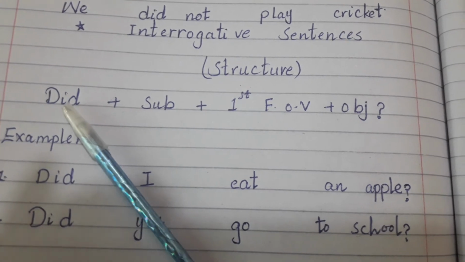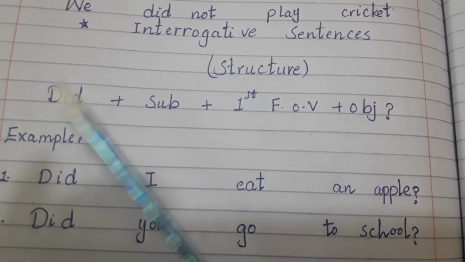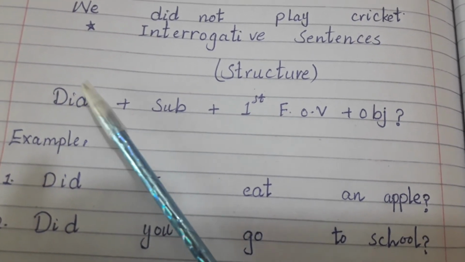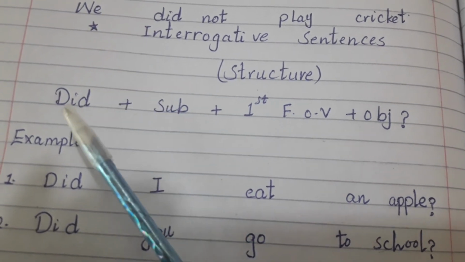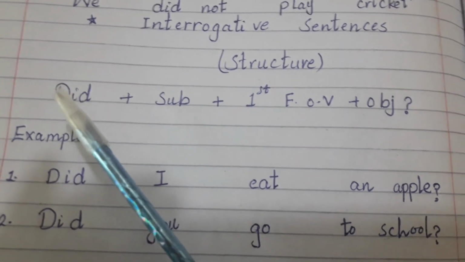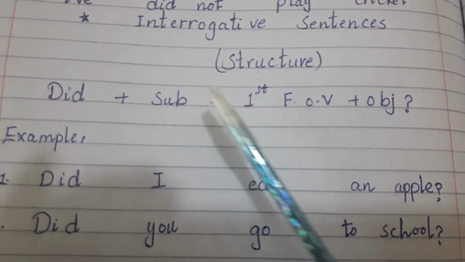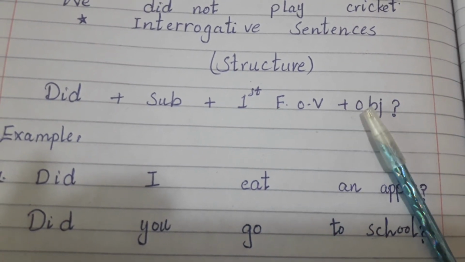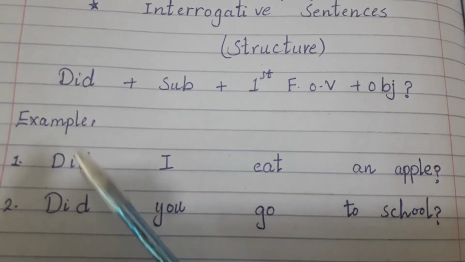So there is no confusion. We will use did with every subject: I, we, they, you, he, she and it. So first of all we will write did, then the subject, then the first form of the verb, and then the object. Examples are: did,